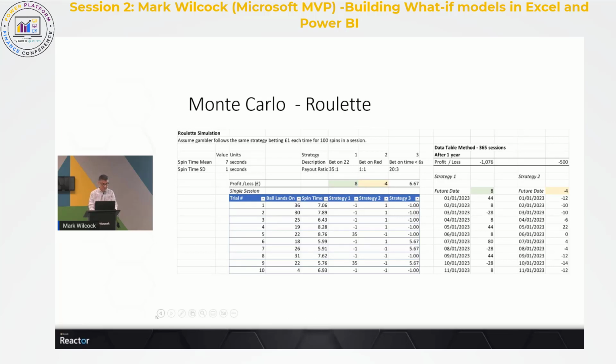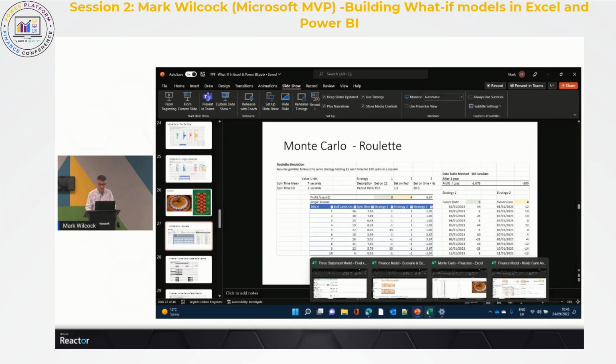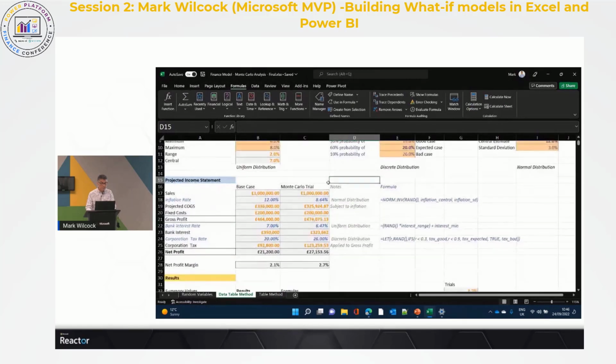So let's see what that looks like when we go to our Excel. I'll go to my finance model, Monte Carlo. Lovely. Having said all that, the Monte Carlo model is really simple to implement. What I've got here is the base case, just as we saw before. That's a standard base case for my project, and that's my net profit margin. What I'm doing with Monte Carlo is setting up the base case exactly the same, but for each of these